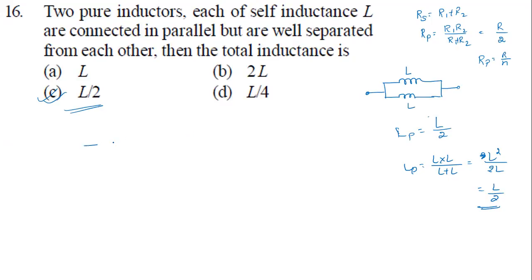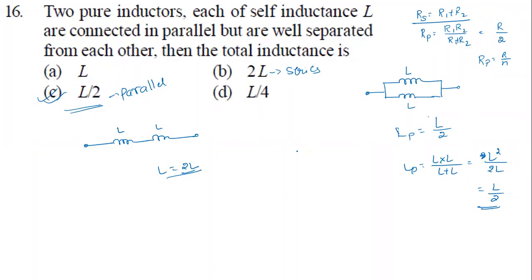Sir, what if they give two inductors in series combination, L and L? Now, what is the effective inductance of the combination? Just simply L equals 2 times L. Addition, for series combination, addition. So this answer is for series, and this answer is for parallel combination. That's the thing you need to remember.